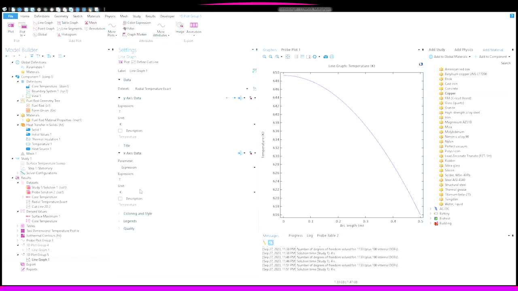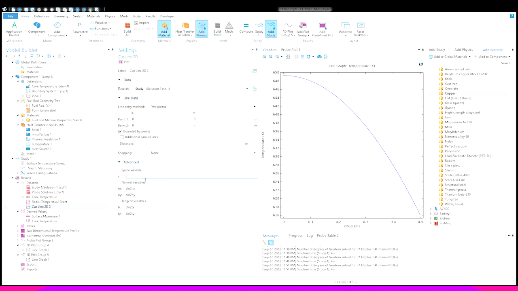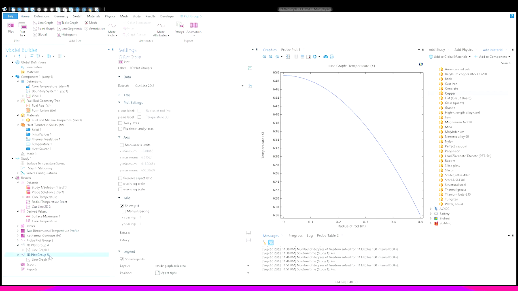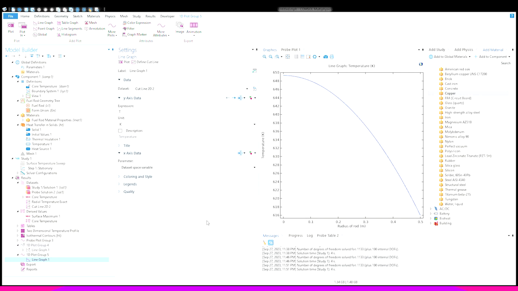Oh, data set space variable. There we go. So we're pulling from cut line 2D. It's R now. So that's where we got it from. If you follow my directions in the Word document, that will be clear. But what happened is just the data set